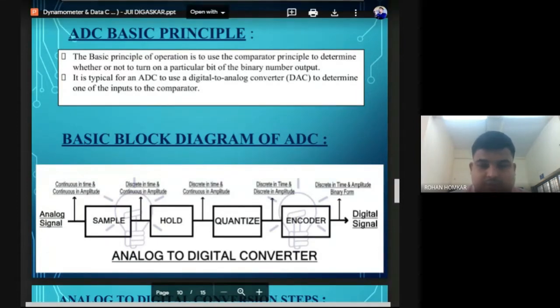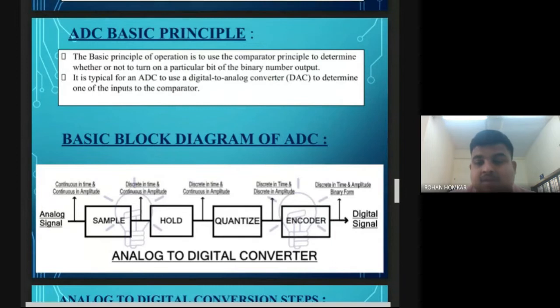You need to draw this block diagram in your notebook, and just type done in the chat box when you are done with it. Okay, so let's see what exactly it is. First you will receive an analog signal. What is the property of this analog signal? It is continuous in time and continuous in amplitude. Okay, so now it is being sampled, the sample of the signal is being received, and then, discrete in time and continuous in amplitude, it is being given to the next level.